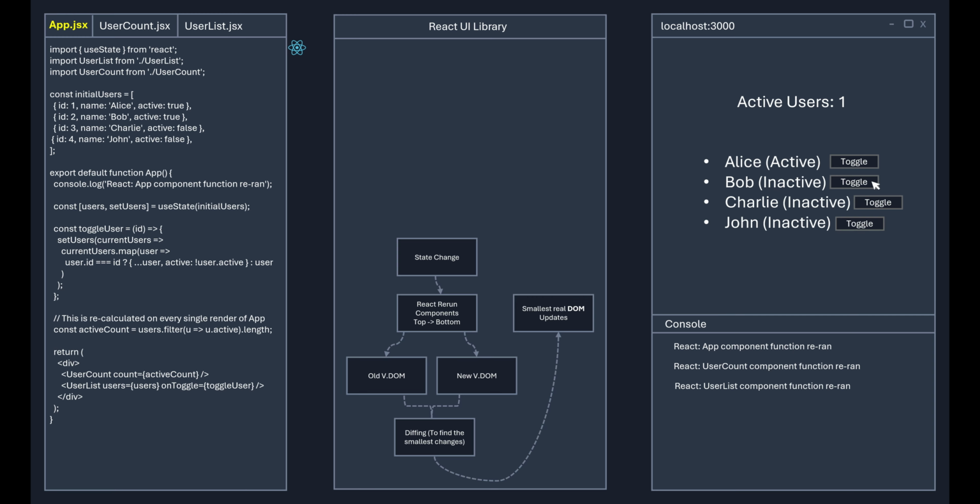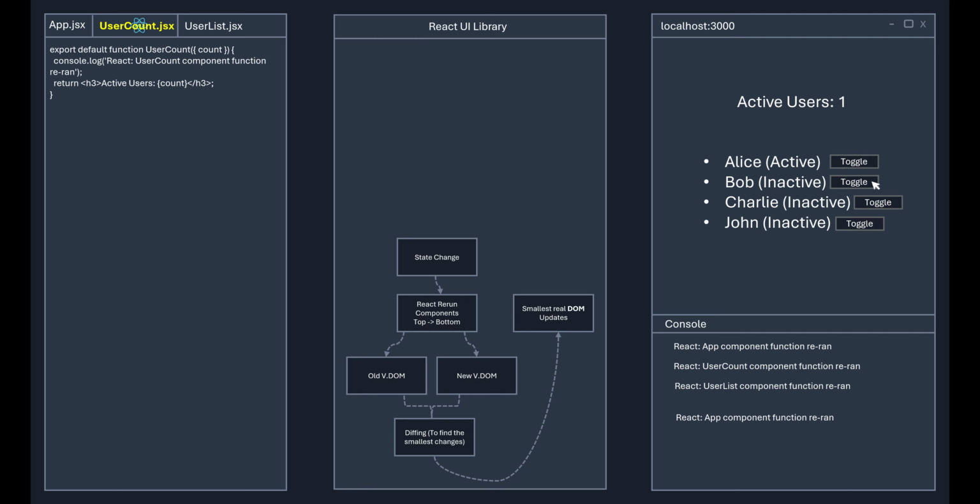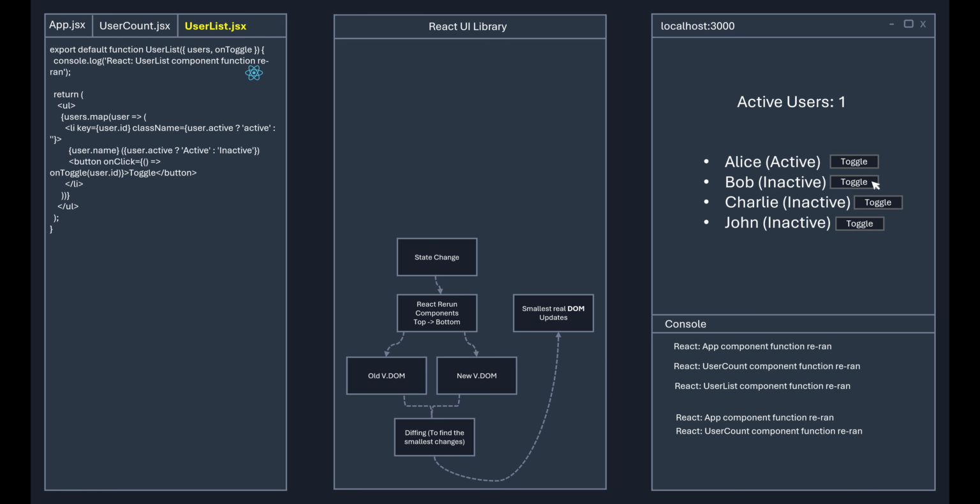So it goes back to app.jsx again and now it sees the console log. So it prints it to the console, goes back, runs the complete file. Then it goes to the user count component. Here it sees the console log again. So it prints it to the console, goes back to user list. Here again it sees the console log. So it prints it to the console again. And then it runs the remaining part of the